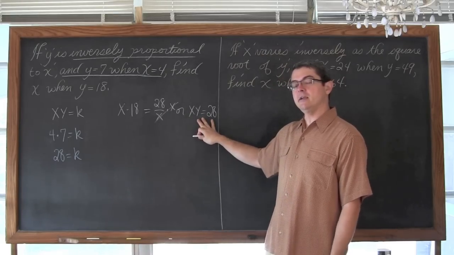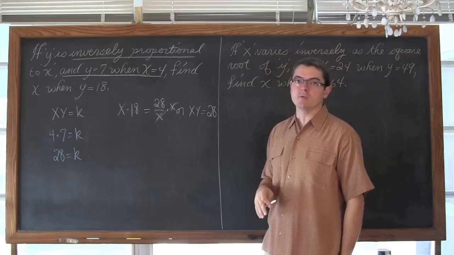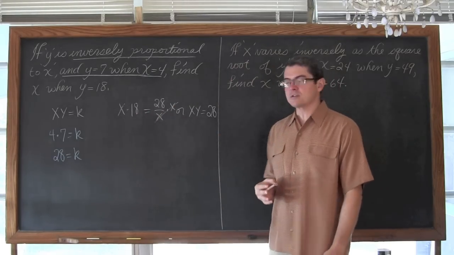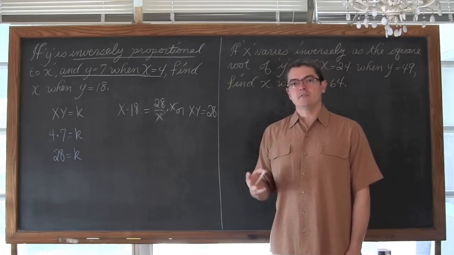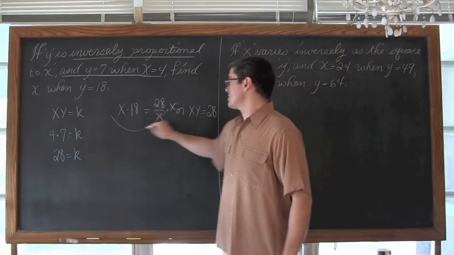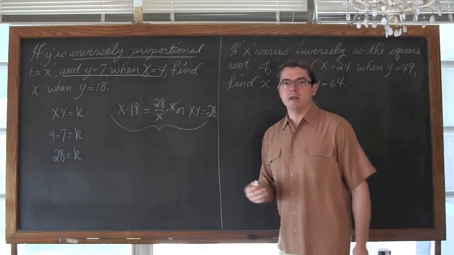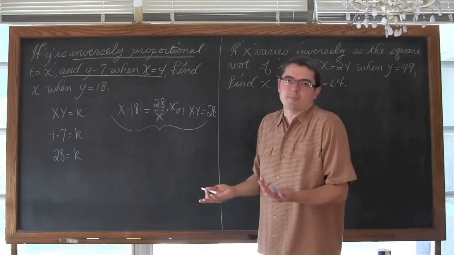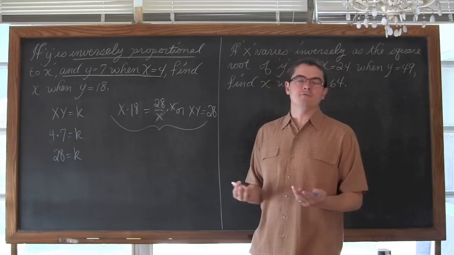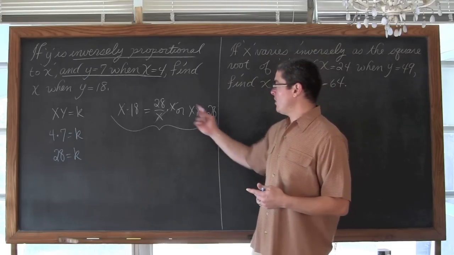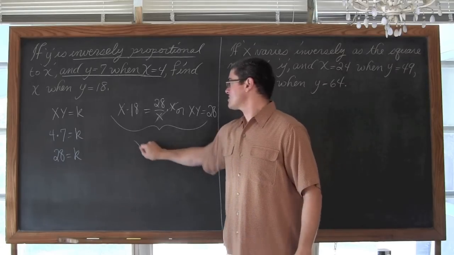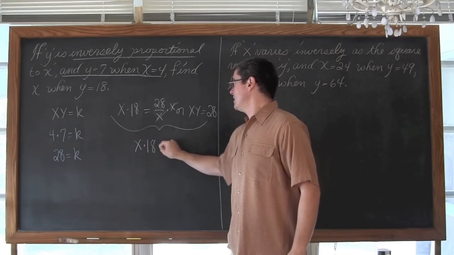The same thing I would have had here if I had used this form of the equation in the problem. So, using y equals k over x caused us a little bit of extra work if you wanted to start the problem that way, or if you had started the question off with xy equals 28, we would have saved one step in the solution. Now, it just depends on the way the information is given to you in the problem. One format is not necessarily that much greater than the other.